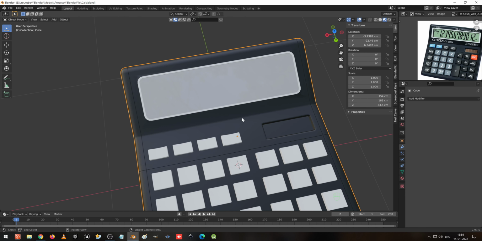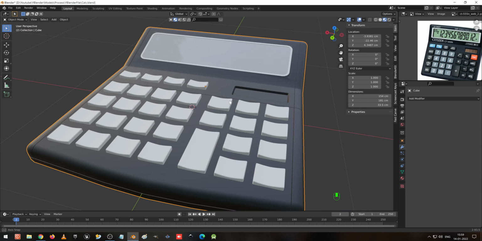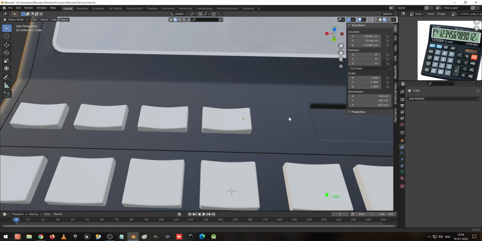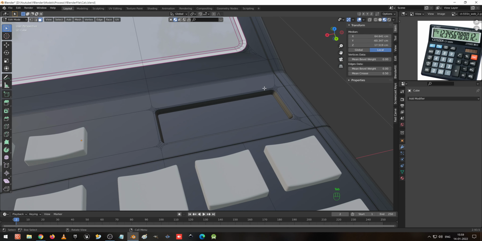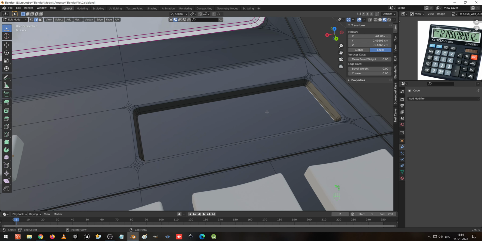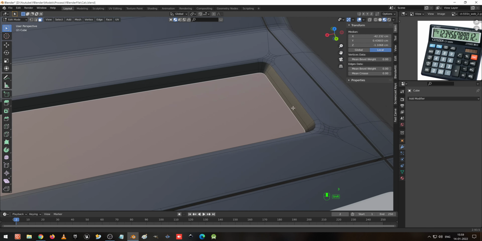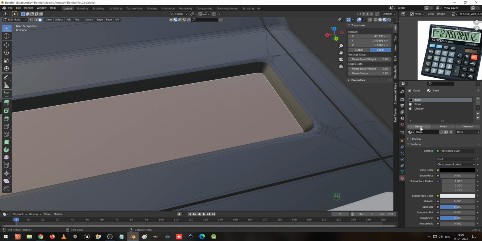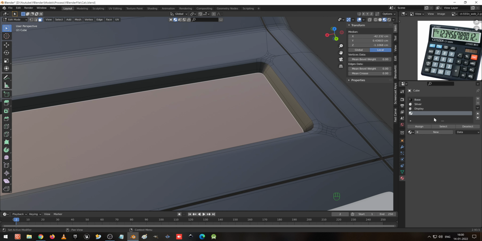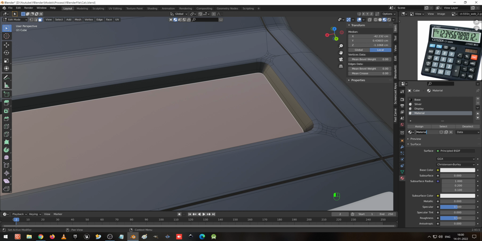Okay, now after applying this material, here also we have to give the material for this, and go to the face selection and go to the material and create a new material and give it as power, and I'm going to give it as brown.